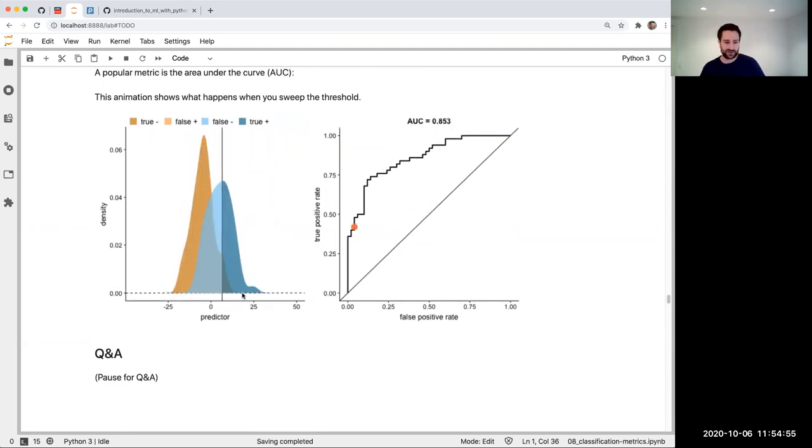What this animation is doing is showing a realistic case. The blue histogram shows the probability scores for the frauds, and we should think about these axes as going from 0 to 1. The orange is the not frauds. These ones over here on the far right are great because